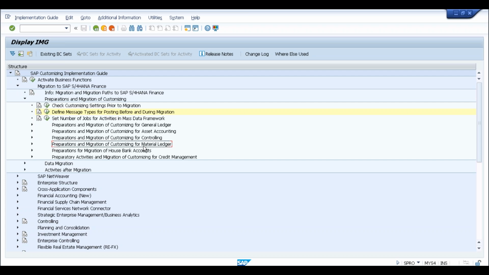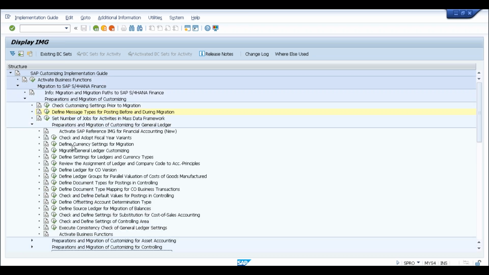It should not be that you complete your SD task and you complete your FI task. That should not be the case. Even if you are involving multiple users, that is also fine, but the responsibility should be with one person, because this has to be followed in a sequence. Each and everything has to be followed in this cockpit in a sequence. Let's say, for example, if you are performing this activity, check and adopt fiscal year end,